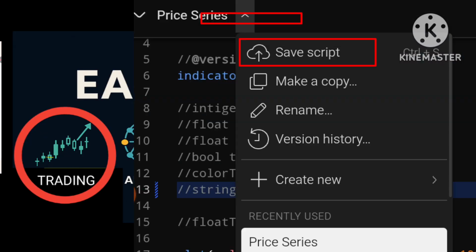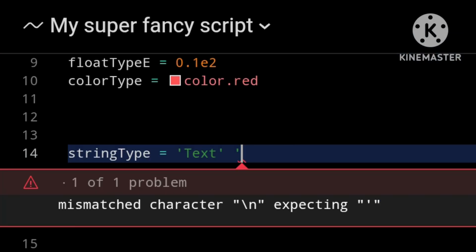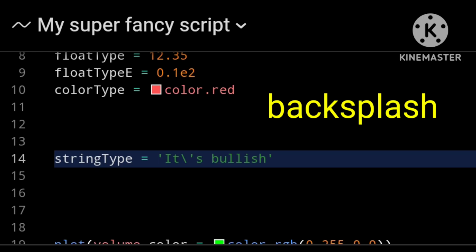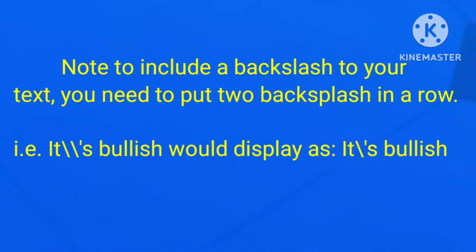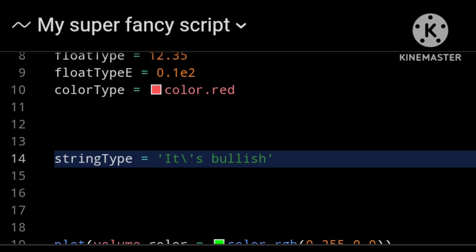If I save the script, we will get an error because we did not close off this string here. If we add a backslash in front of this quote, PineScript will now know that we want to include this single quote within our string.